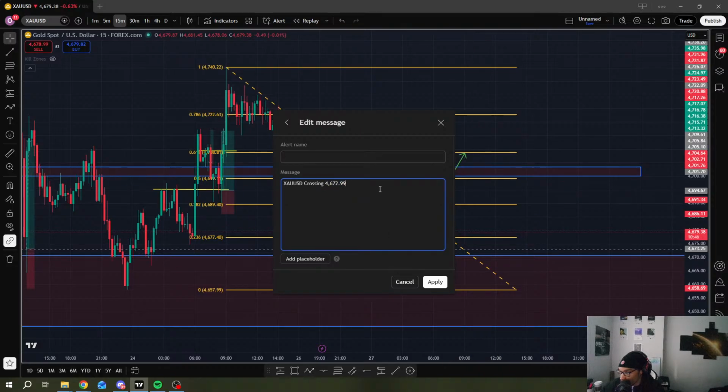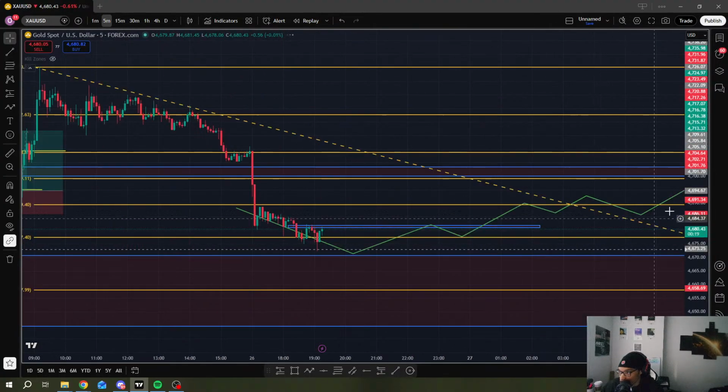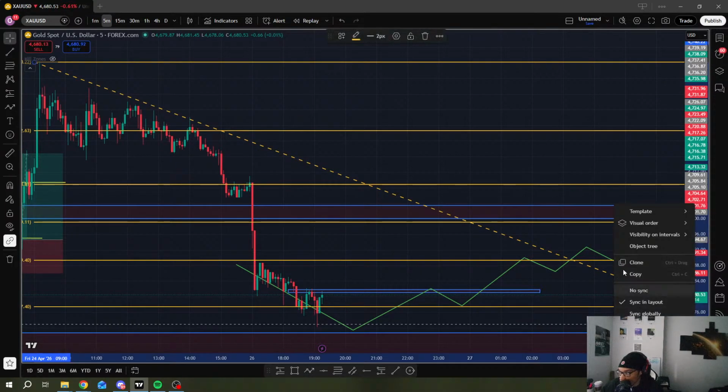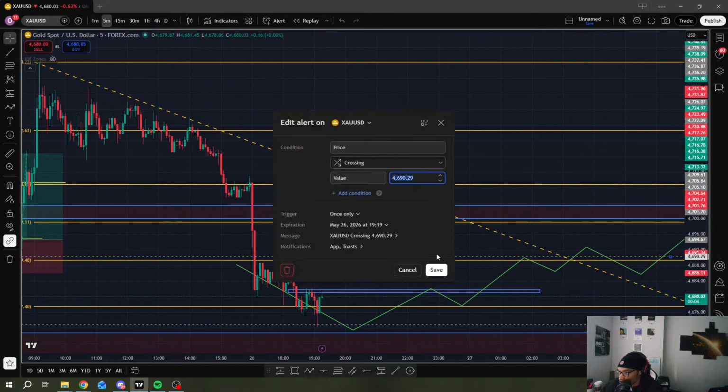I'm going to set an alert for the downside. Watch for retest. Boom. Cool. Price is breaking to the downside. So if we break and then we retest and then we continue, then you may be able to catch a few pips there. And then I'm going to set another on the 15 minute. Let's go to the 5 minute. I'm going to set another range, another alert here. Boom. Add to the alert. Bang.